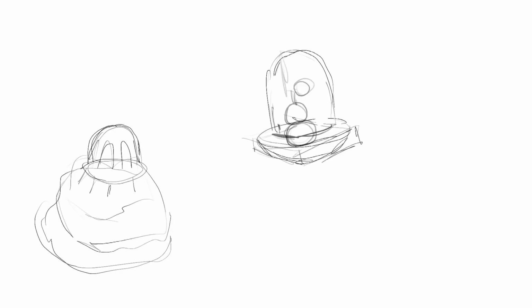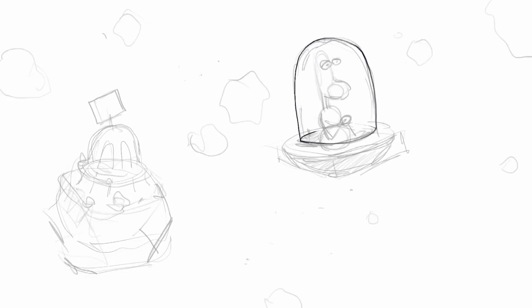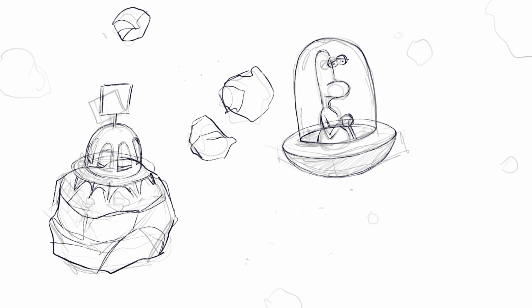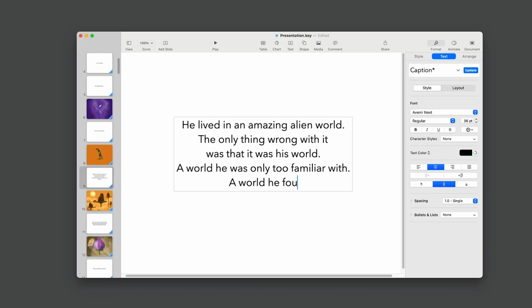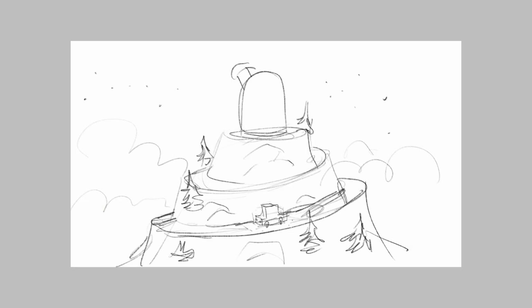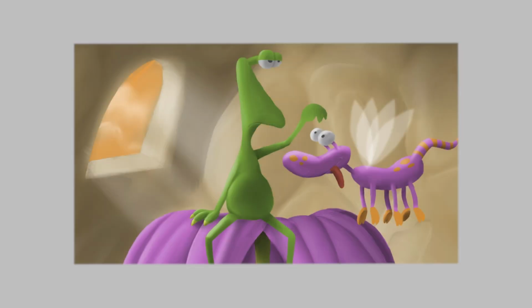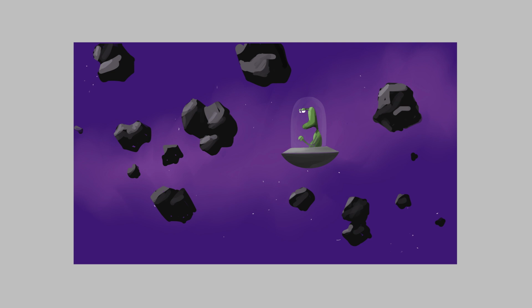So to recap, the initial idea behind the Work in Progress series was to show the development of each scene of a story. But when I sat down to do it, I realized I didn't have a clear idea of what the list of needed illustrated scenes would be. I had written a story and had done some initial illustrations for the storyboard. But for a video, I wasn't sure how those illustrations would sync with narrated audio. And I wanted to get a better idea if there were any gaps that I needed to fill in with